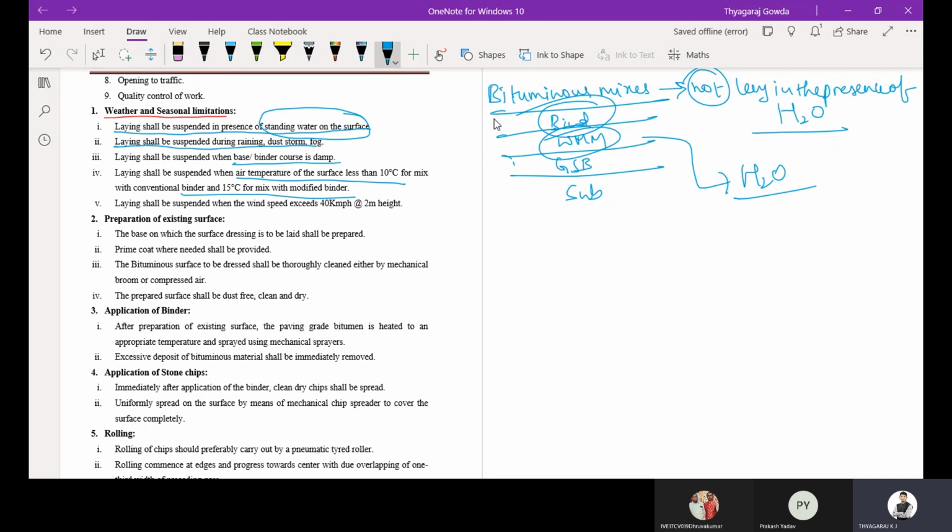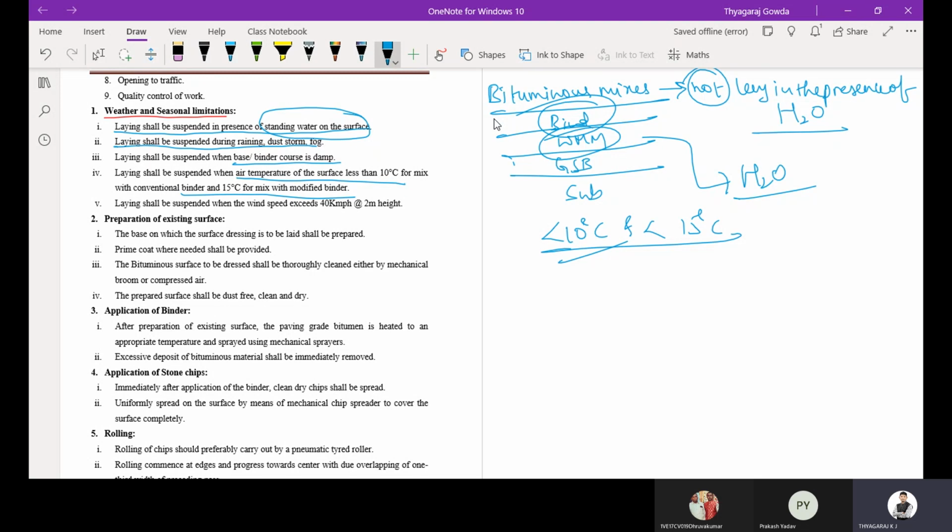So when the temperature falls below 10 to 15 degrees Celsius, you are going to stop laying the bituminous mixes. Why? Because bitumen behaves like a solid at lower temperature, and like a liquid at a higher temperature.